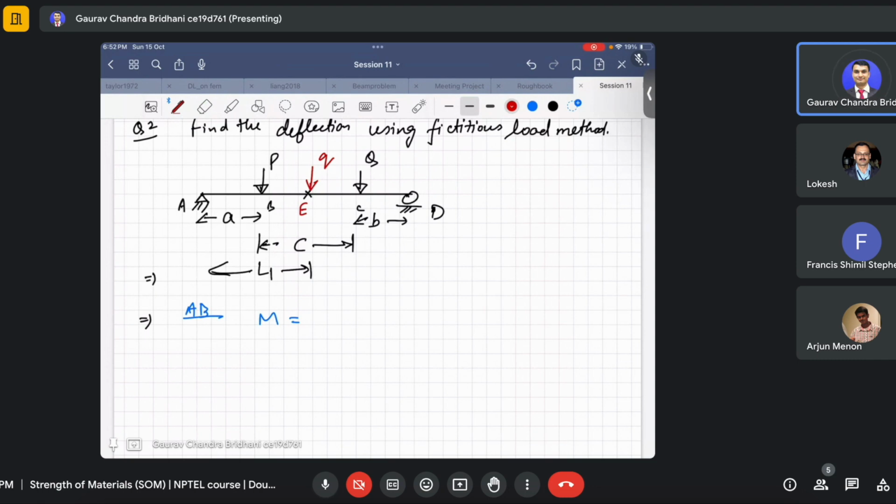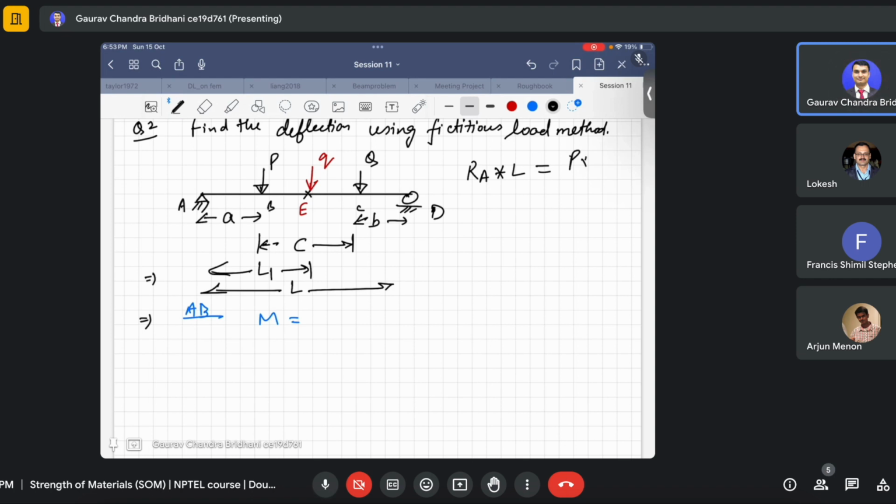Yeah, so we will find the reactions first. So we get the reaction RA and RB. I'll just keep it as RA here, and I will write the equation for RA. RA into total L, the total distance is L. RA into L is equal to